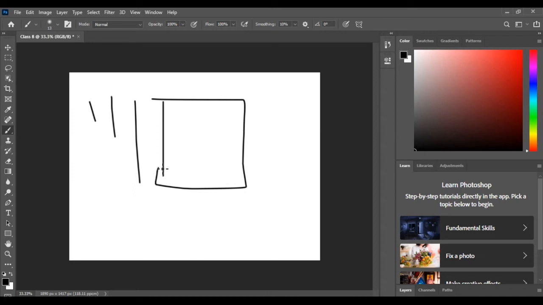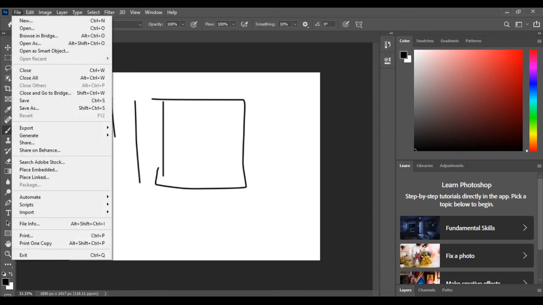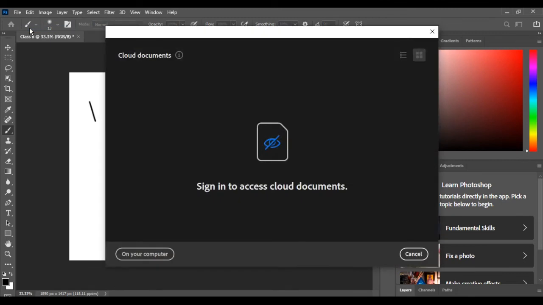Now learn how to open an existing image. To edit an existing image, you need to open it. So follow some steps. First of all, click on the File menu and select the Open option. A dialog box appears on the screen. Select the location of the image file from the look in box and select the desired file.